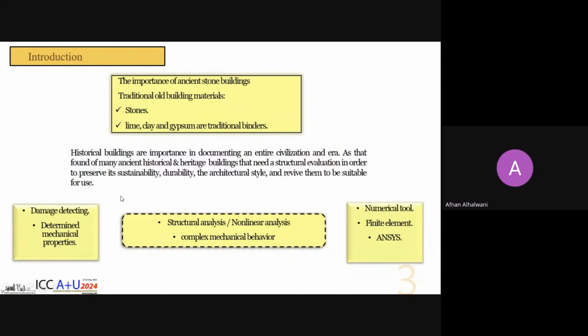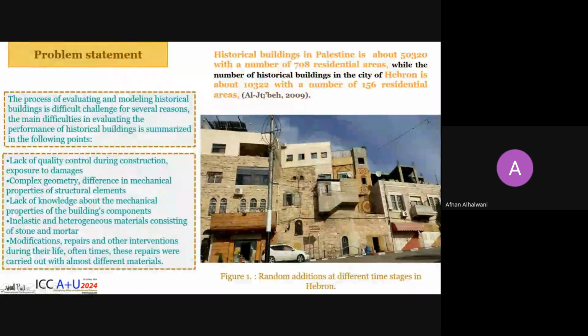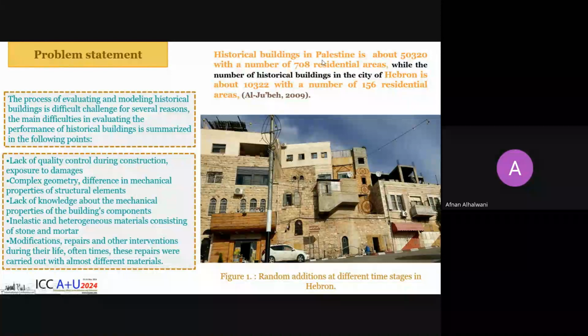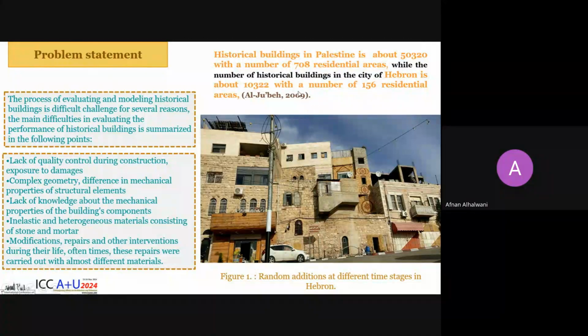To conduct the evaluation process, it is necessary to detect damage, determine the mechanical properties, and perform nonlinear analysis based on finite element using the ANSYS program. The number of historical buildings in Palestine is about 50,320, while the number of historical buildings in Hebron is about